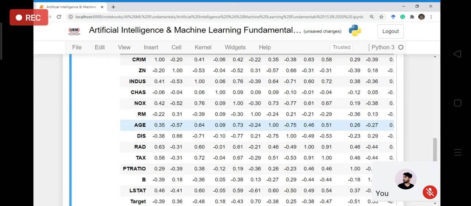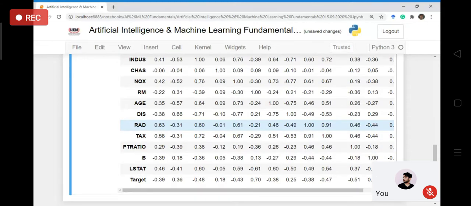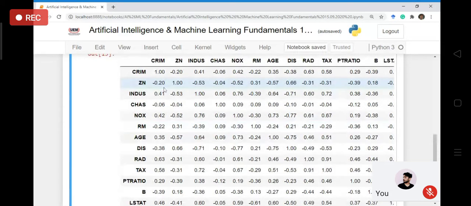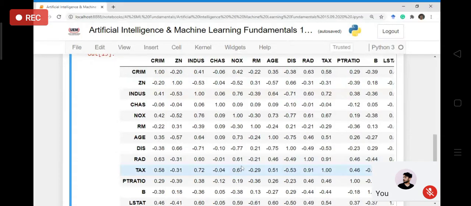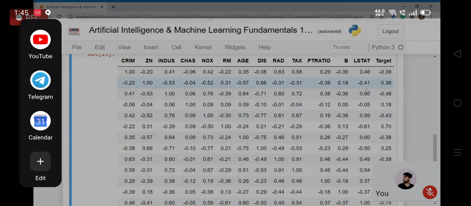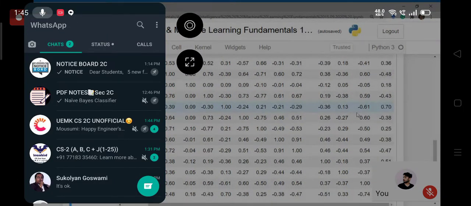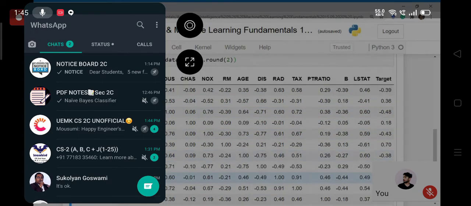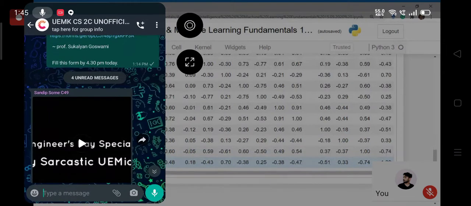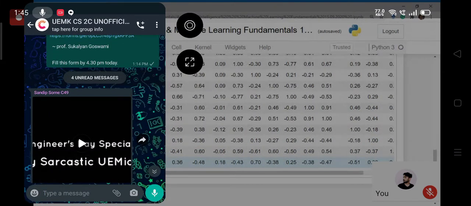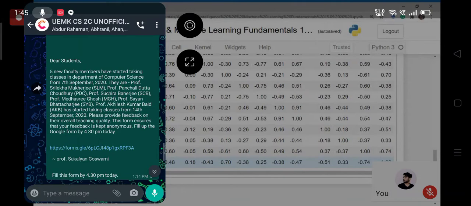And you can see, suppose for this variable RAD, it has at least a good correlation. I think it is the highest with CRIM, that is 0.63. So we will directly go to the column of target. In the target column, let us find out for which variable we have the highest correlation. Now with target itself, you will definitely have the highest correlation, that is 1. So that we are not looking for. We are looking for the